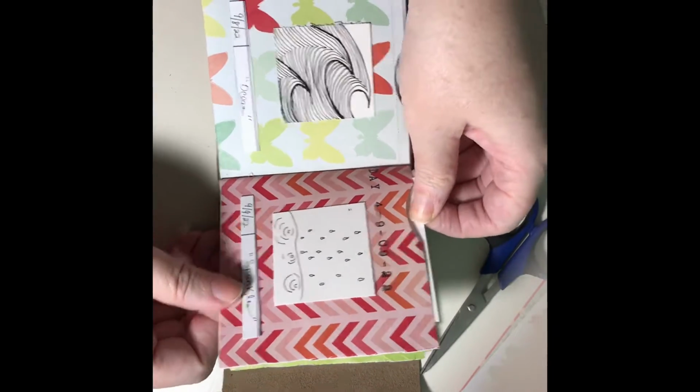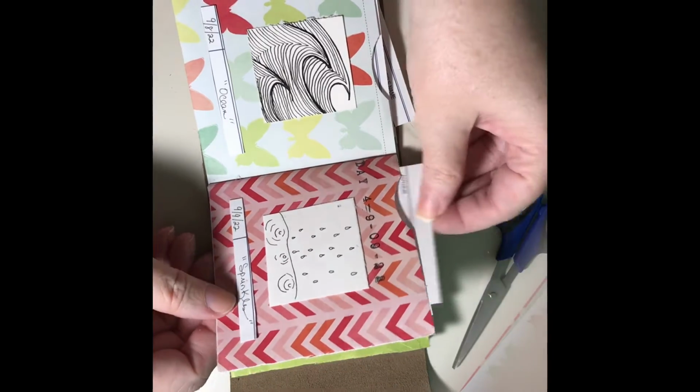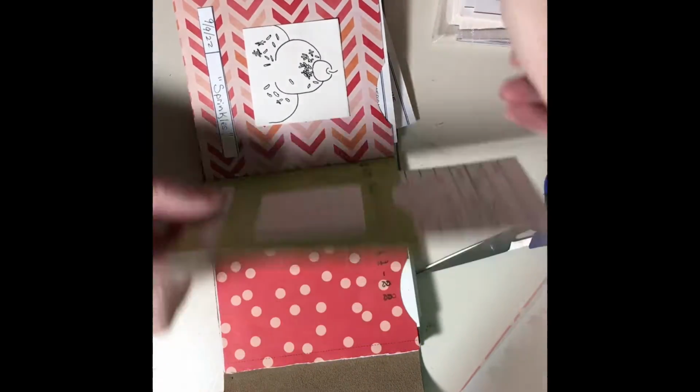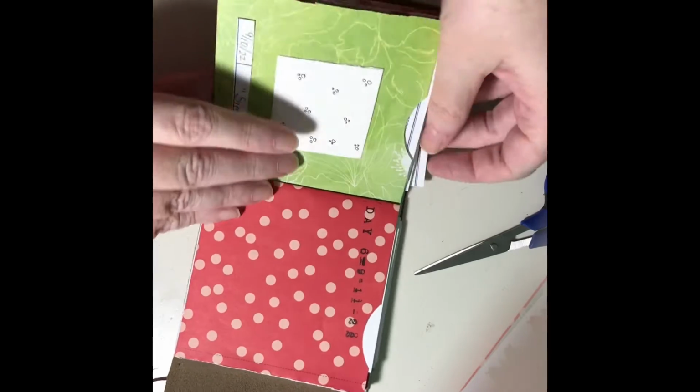But know that you don't have to make it this size. You don't have to make it pockets. You can make it however you want. All right, that's today's. I have not done it yet. Okay, so